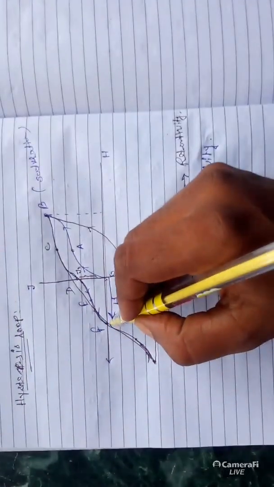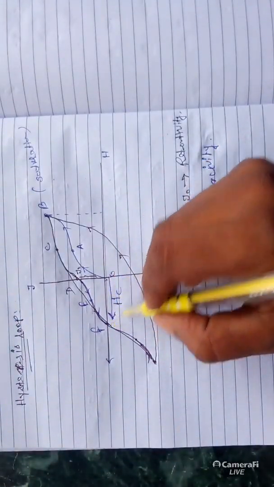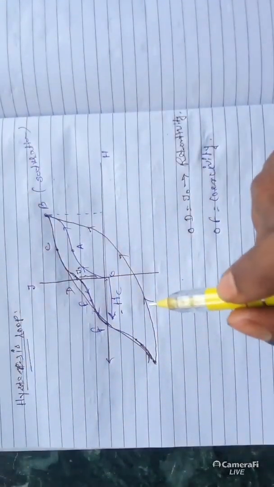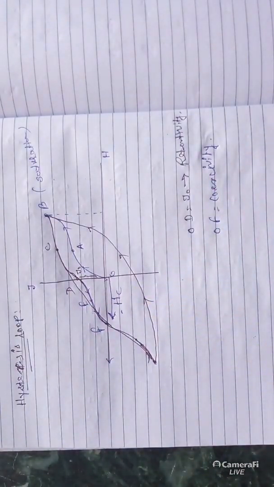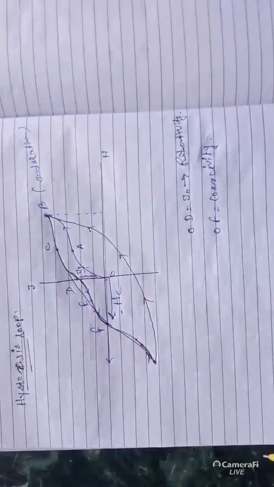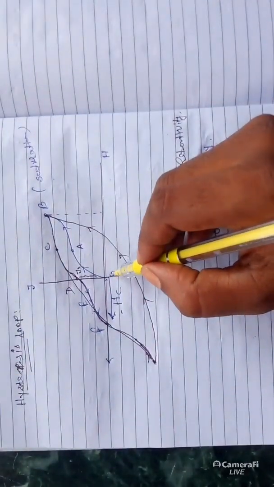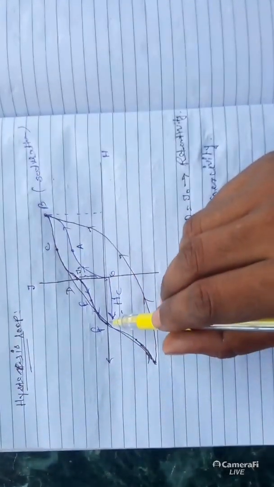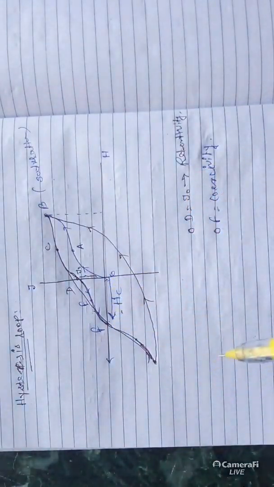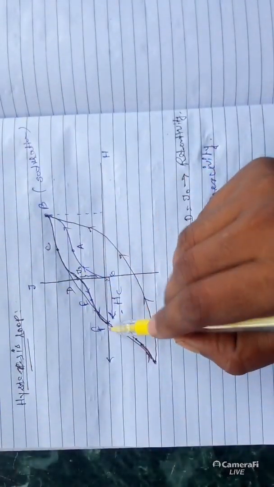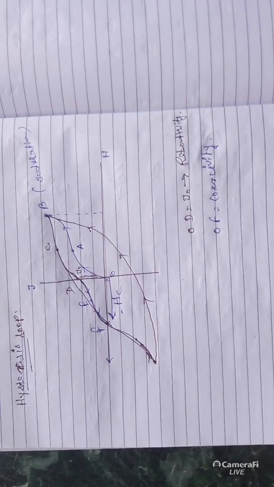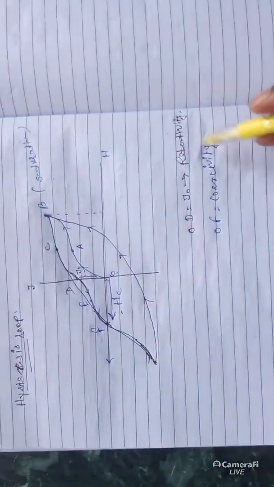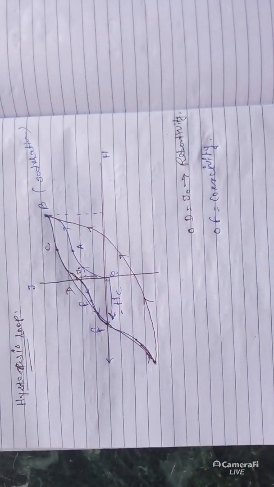So up to the point F, when in this point the reverse field is Hc, this field is known as the coercive field, and the property is known as coercivity. What is the coercivity? O to F. And what will be the definition of coercivity? The value of H, the negative value of H, for which J becomes 0 is known as coercivity, and the portion O to F is known as coercivity.